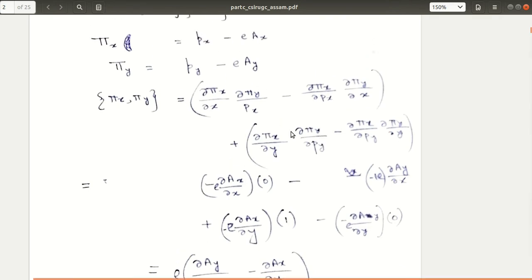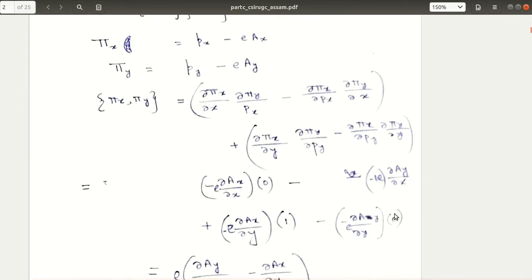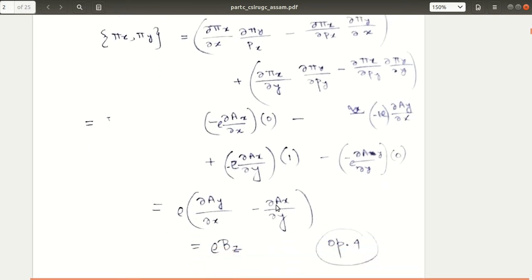And similarly here, del pi_x by del y will give you del Ax by del y into minus e, and then del pi_y by del py will give you 1, and del pi_x by del py, but del pi_y by del y is basically 0, so this will give you 0, and then you'll get e into del Ay by del x,